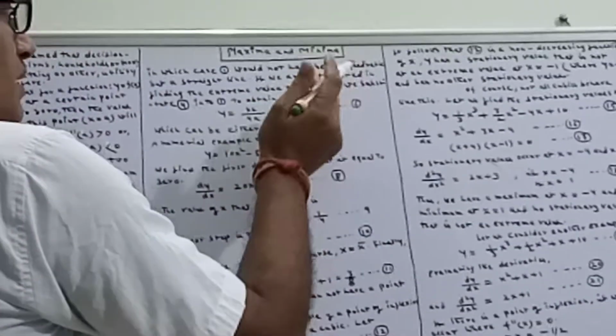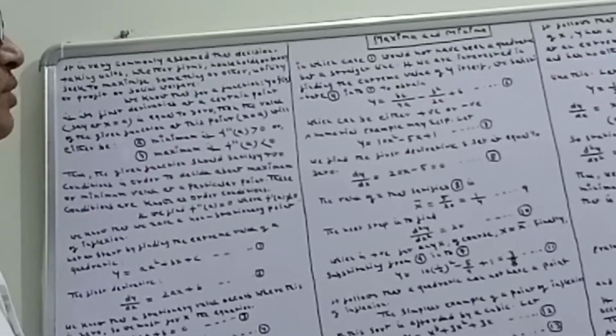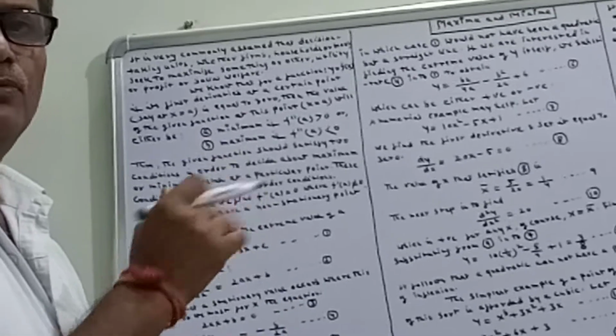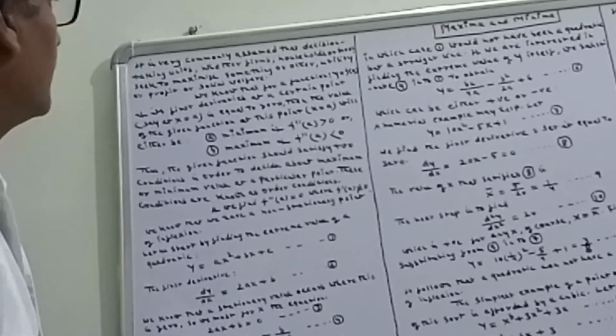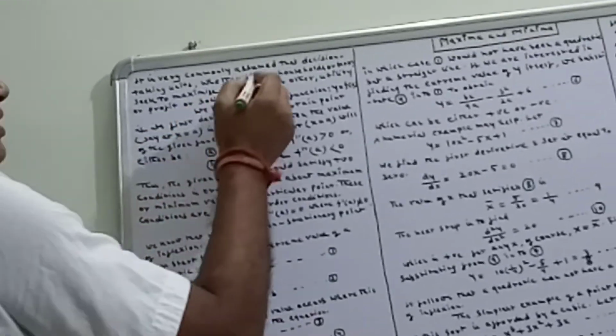आज आप लोगों को हम मैक्सिमा और मिनिमा के बारे में बतलाएंगे, अर्थात सिंपल डेरिवेटिव्स की सहायता से कैसे किसी फंक्शन को मैक्सिमाइज और मिनिमाइज किया जाता है, इसके बारे में आज आप लोगों को बतलाना है। Now it is very commonly assumed that